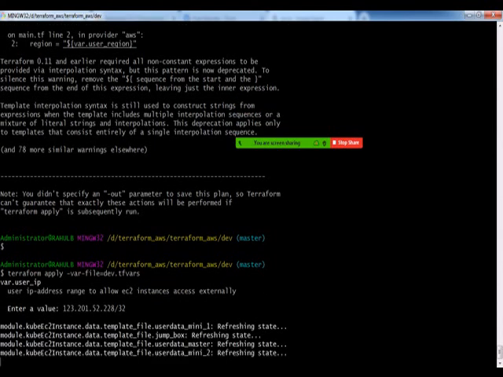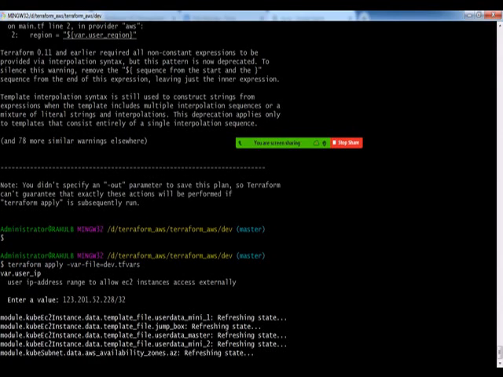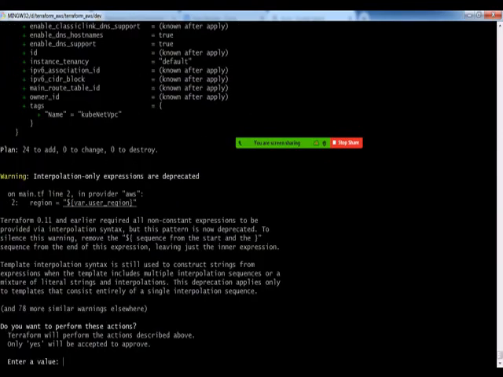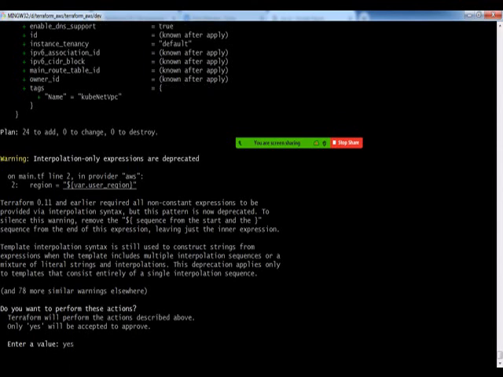So Terraform plan and Terraform apply both serve a similar purpose. However, Terraform plan is just a dry run, and Terraform apply is actually going to make that change, right? So again, the output is the same, and it asks us to confirm if we want to perform this action. The only input accepted at this prompt is yes. So I enter that and hit enter.